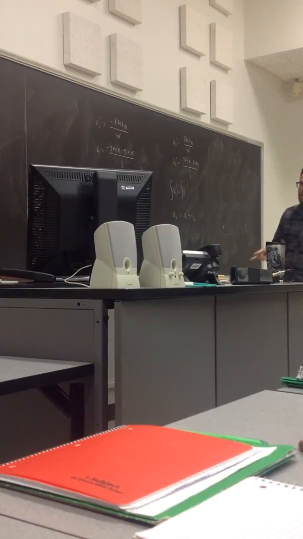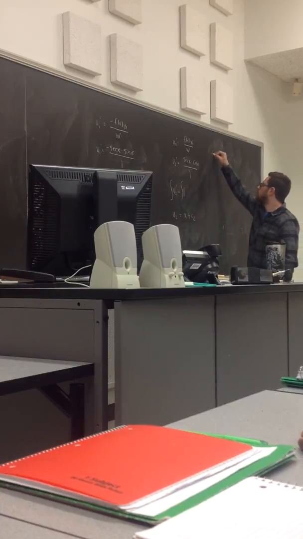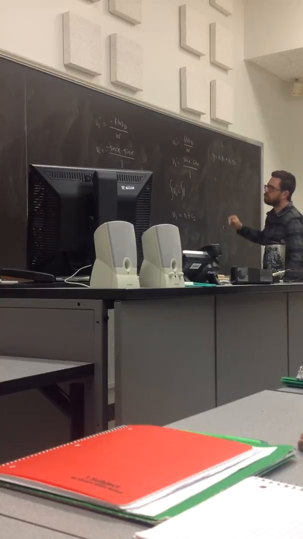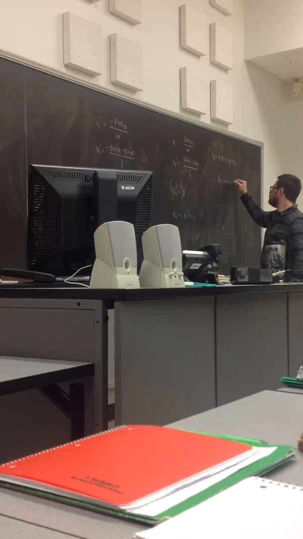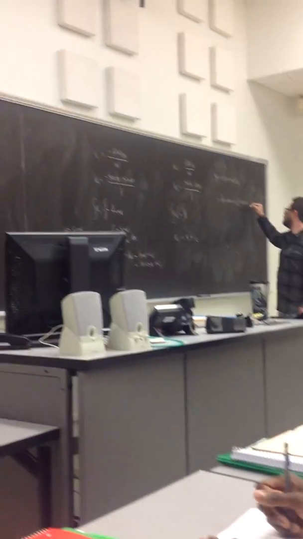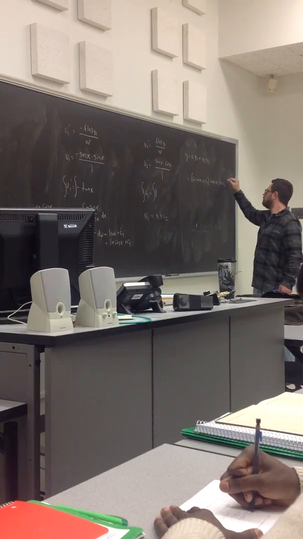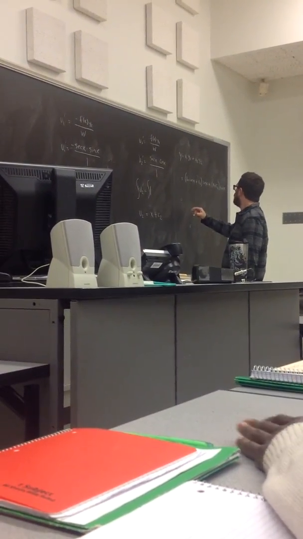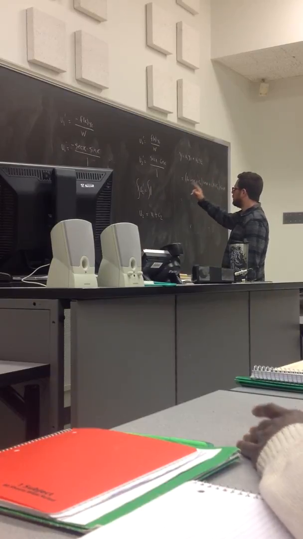Okay, now that we have U1 and U2, we know the general solution. It's U1 times Y1 plus U2 times Y2. This times cosine. Sine, so we have cosine x log cosine x